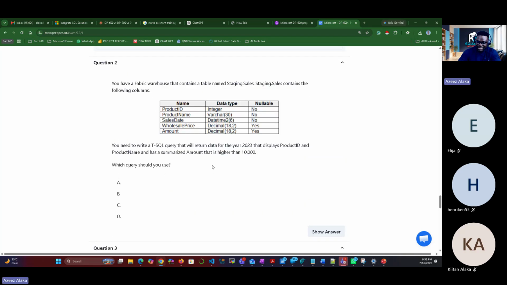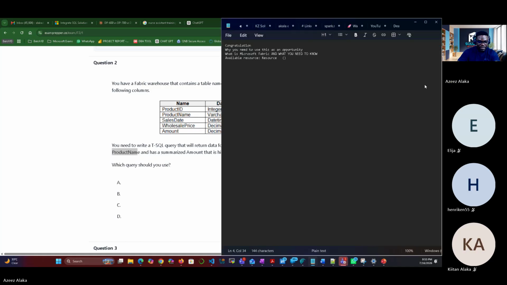So painful, I did not see. This is what you can do. This is so simple. For people that have done SQL, what are they saying? Just select what? Product ID, comma, product name, and that's a summary. Now, here we are going to go into group by. Let me bring it out. Let me write it out here. You can see my screen.